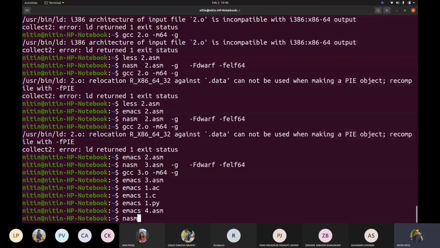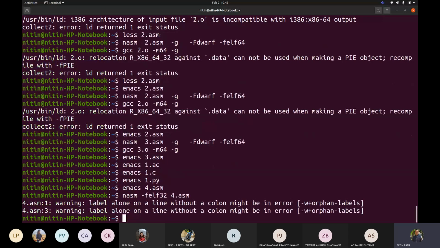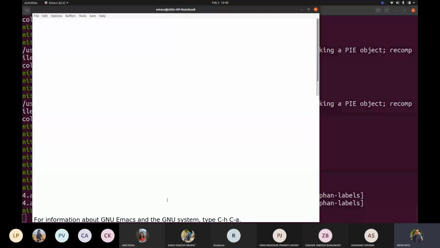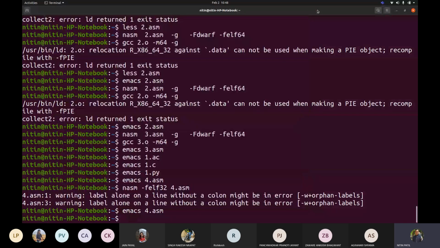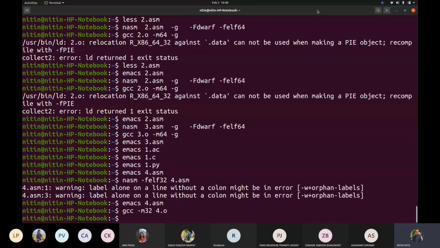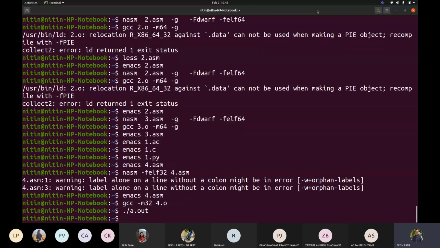Okay, so let me try assembling this code. Now line number 1 and 3. So let us see, are they errors or are they warnings? They are warnings, correct? So if I try to make use of this, it is permitting me to execute.